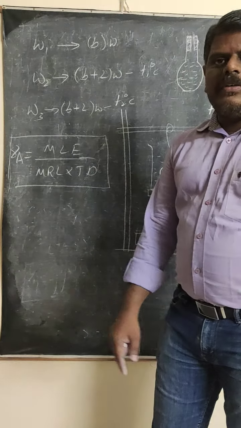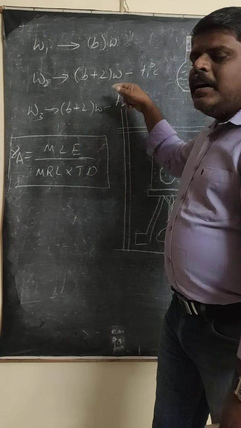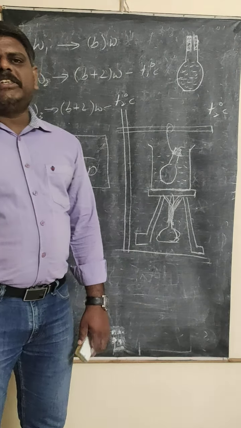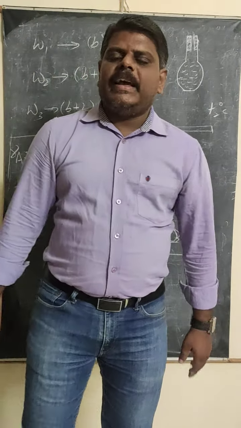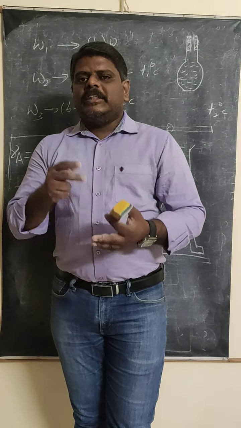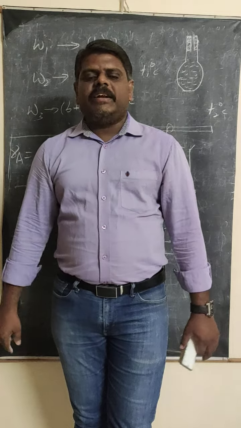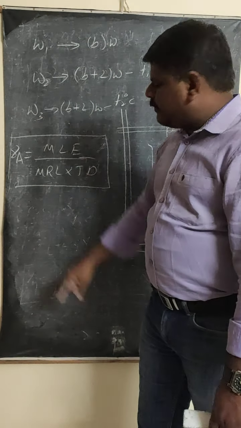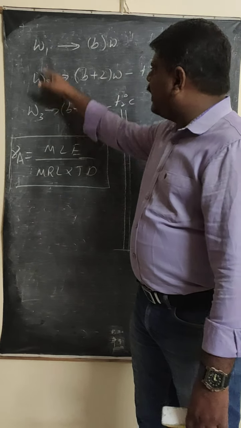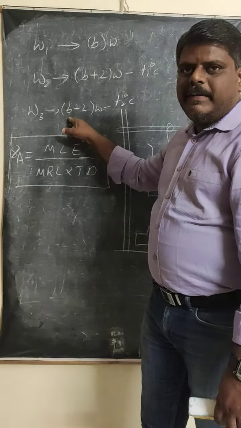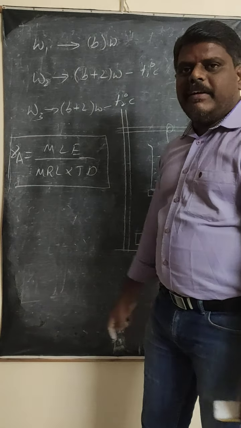And the temperature difference you know. The initial temperature is T1. Up to what temperature are we heating? T2 degrees Celsius. So the temperature difference is T2 minus T1. This part is very important in this derivation or in this formula itself: how we write the mass of the liquid expelled and the mass of the liquid remained. The mass of the liquid expelled is W2 minus W3. The mass of the remaining liquid is W3 minus W1. Why are we subtracting W1? So that we can cancel the bottle weight and get only the liquid weight itself.